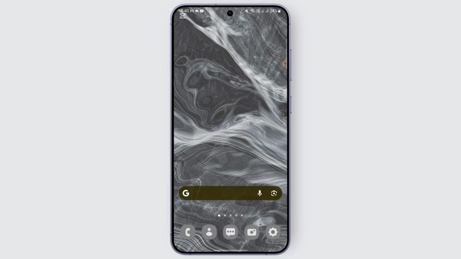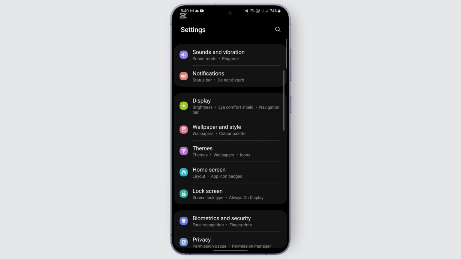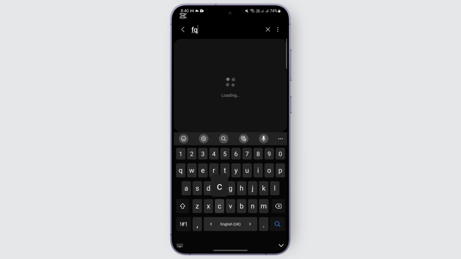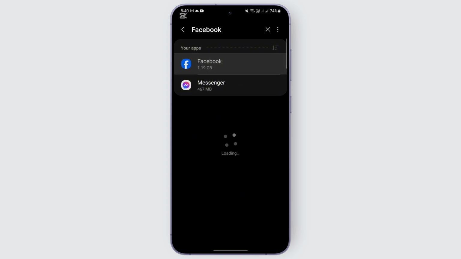After that, you just need to head over to the main settings of a device. And after heading here, you just need to scroll down a bit until you're able to see app section. Just tap on it. And when you tap on it, you just need to search for Facebook here. Just type in Facebook. After typing in Facebook, just wait for it to load and you can see this Facebook